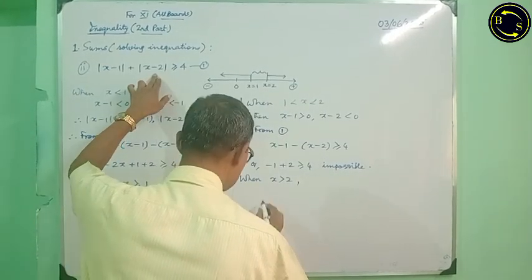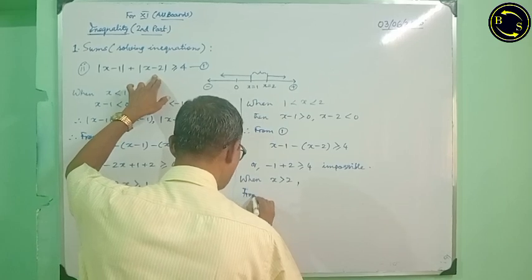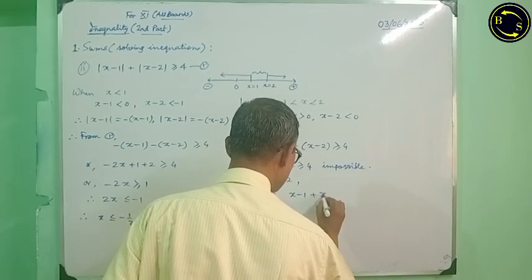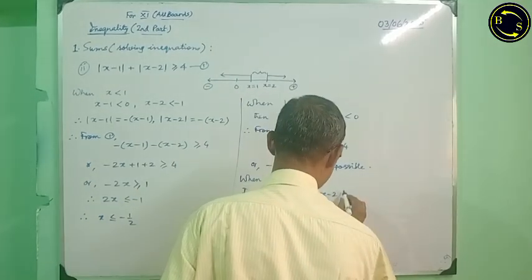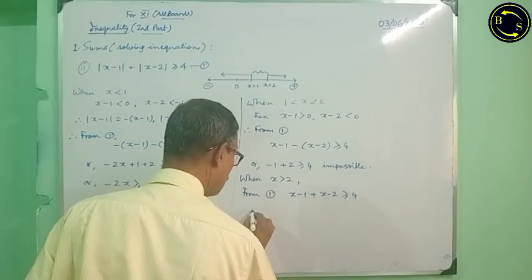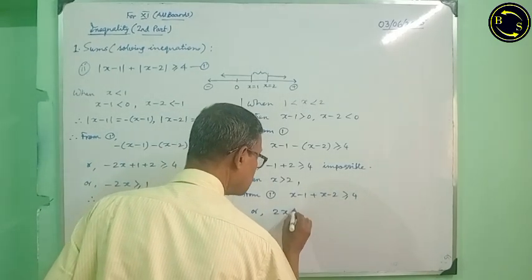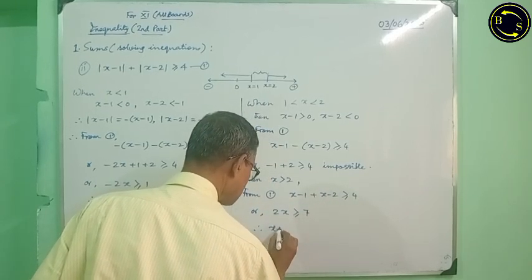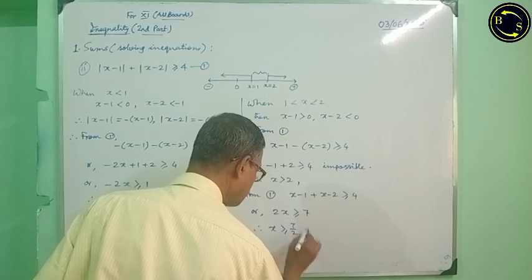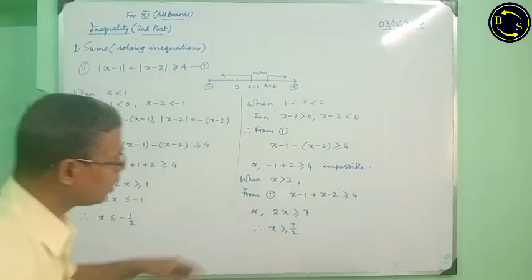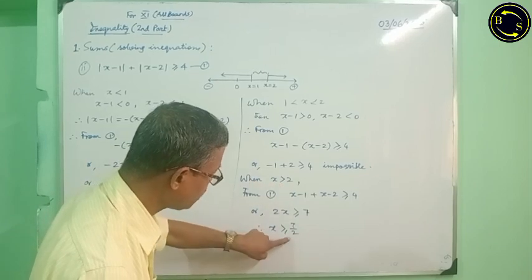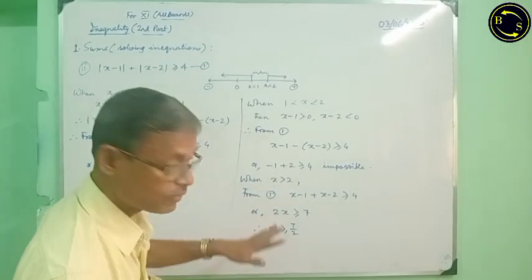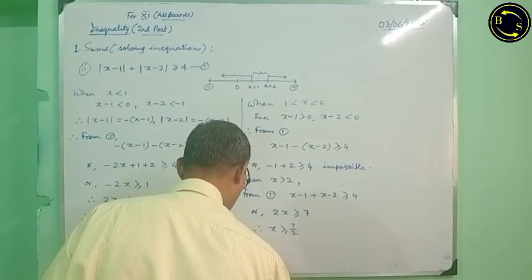Both will be positive in that case. From 1, x minus 1 plus x minus 2 greater than or equal to 4, or 2x greater than or equal to 7. Therefore, x greater than or equal to 7 by 2. Here x is greater than 2, and we are getting x greater than or equal to 7 by 2, that means 3.4, that means satisfied. Therefore, in interval form it will be